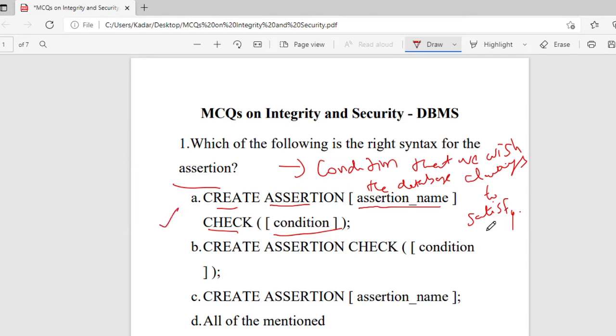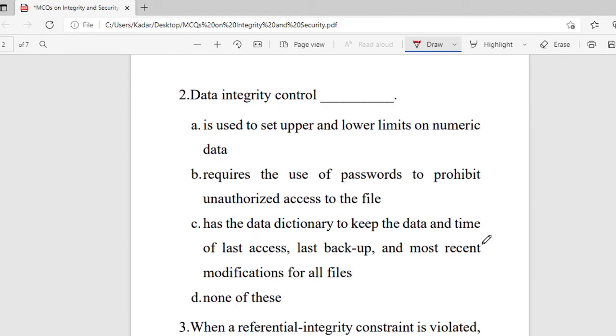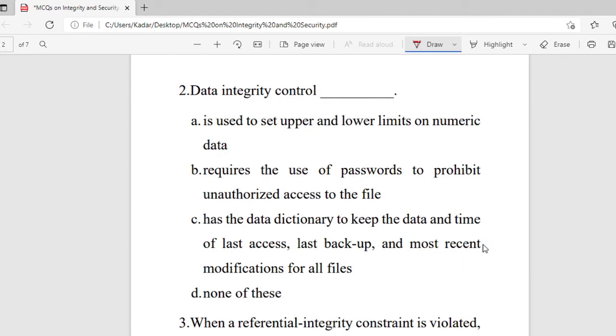Okay. So we move to the second question. Data integrity control is used to set upper and lower limits on numeric data, requires the use of passwords to prohibit unauthorized access to the file, has the data dictionary to keep the date and time of last access, last backup, and most recent modification for all files, or none of these.